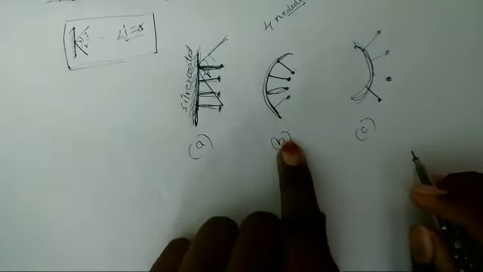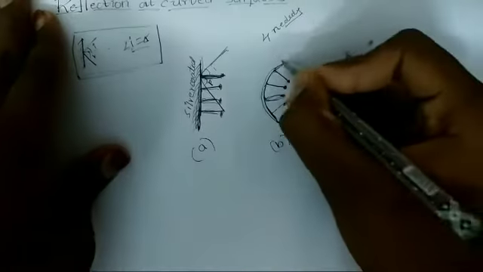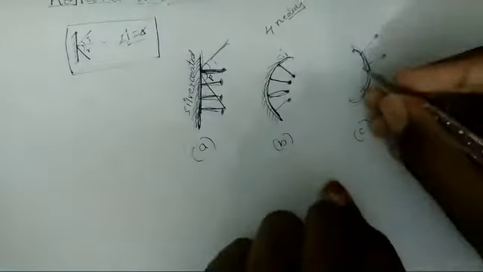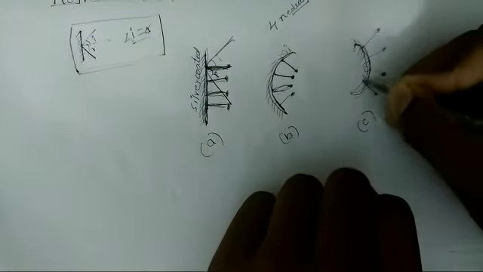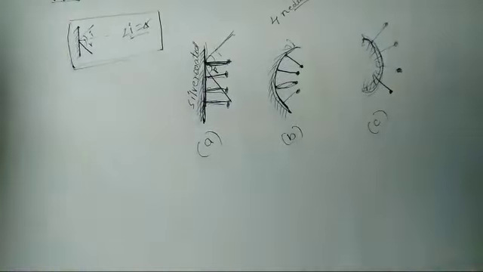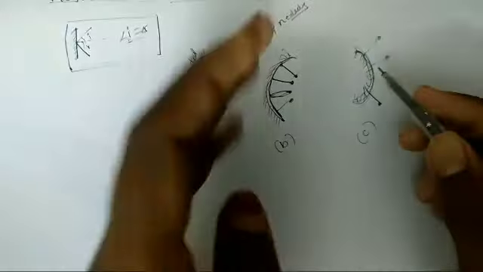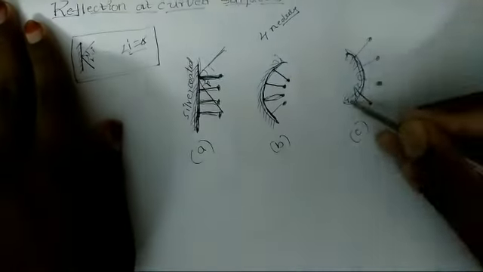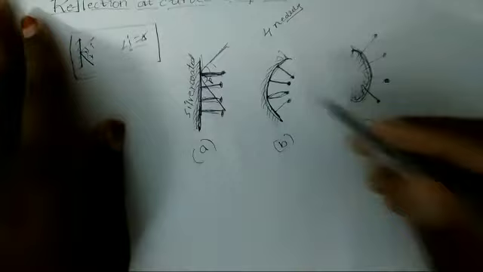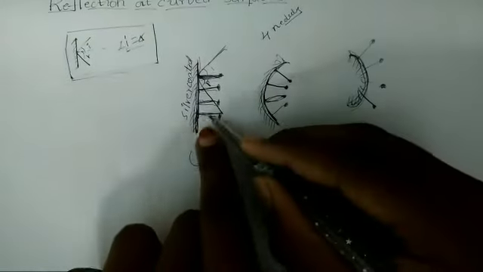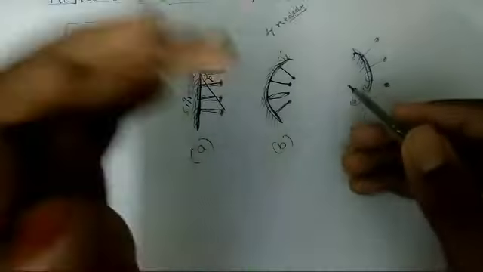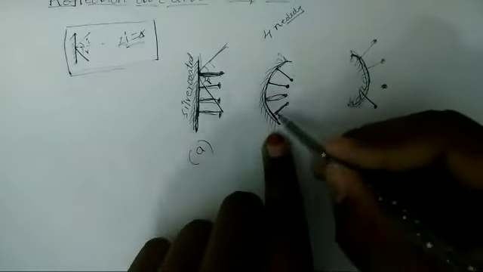Now for B, that means the convex mirror, the silver coating is like this. Same silver coating for this also. All are silver coated. One side is coated with silver and the other is the reflecting surface. This is a reflecting surface, and this is also a reflecting surface. These are normals to this plane mirror, and if we bend these needles, we get some change.